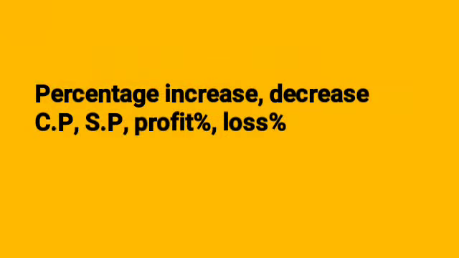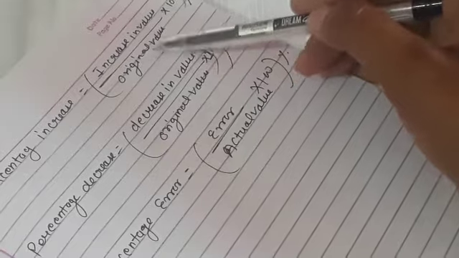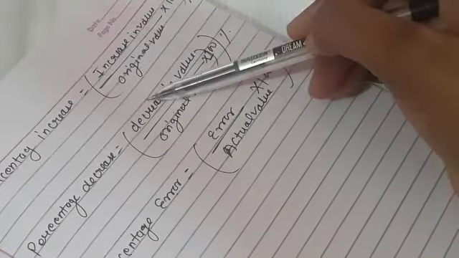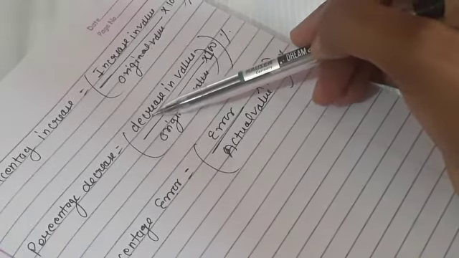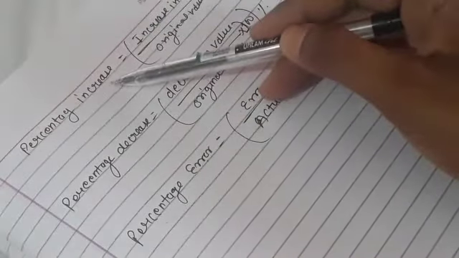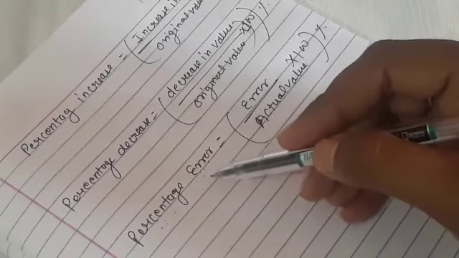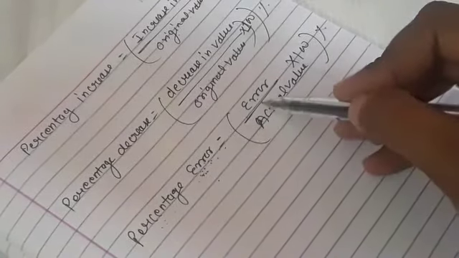Class, today our topics are percentage increase, percentage decrease and percentage error. Normally, when you have some value of any object and the value of that object is increased or decreased by a specific percentage or a specific cost, then we can find the percentage of that increment. Also, there is a percentage error, class. It means when you have a difference or error in your values, by this formula.